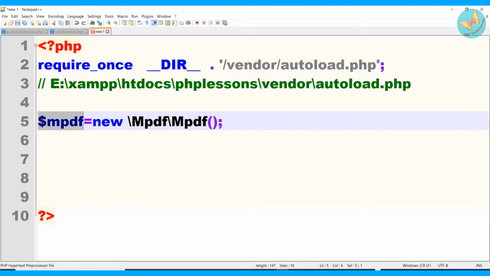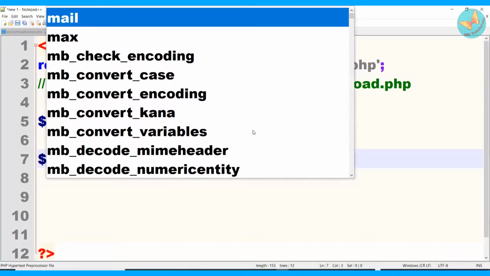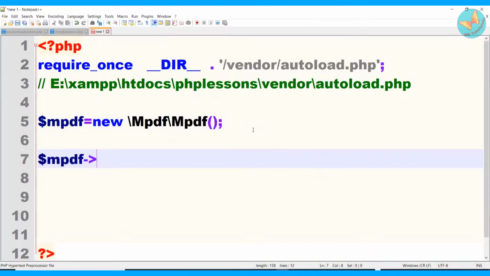Now the next thing that you have to do is that there are some ready-made functions available through this particular class. I'm just going to demonstrate simply how to display some message on that particular PDF file. For that, I will call this particular function known as WriteHTML. Note here the symbol hyphen greater than.